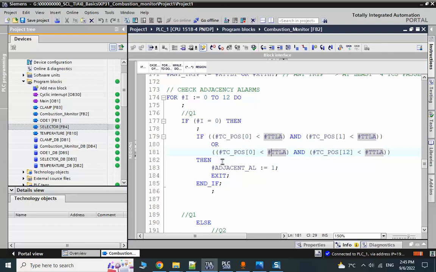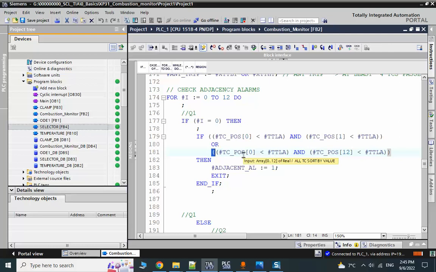So first we check if I is 0. If I is 0, we need to check the adjacency for 0 and 1 and 0 and 12, because 0 and 12 are adjacent based on installation. So if thermocouple number 0 is less than low alarm AND thermocouple number 1 is less than low alarm, or